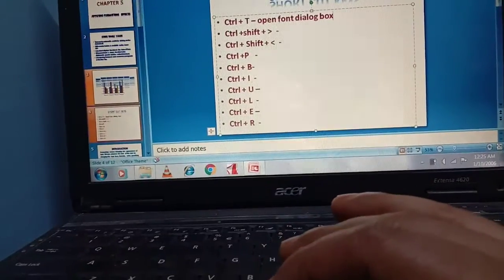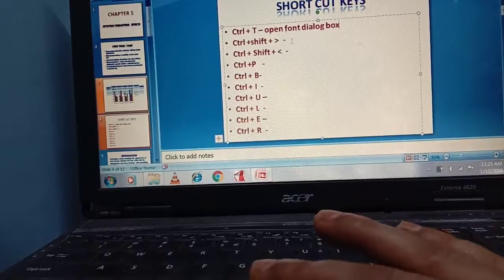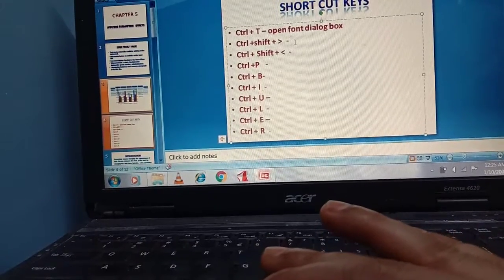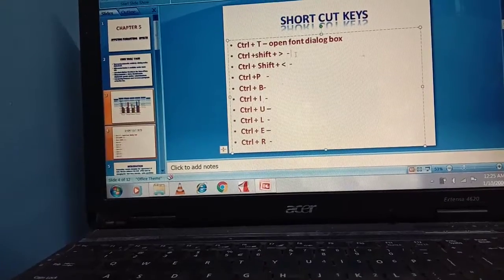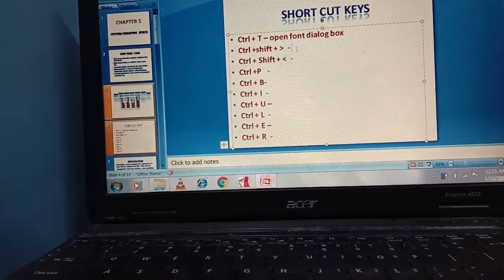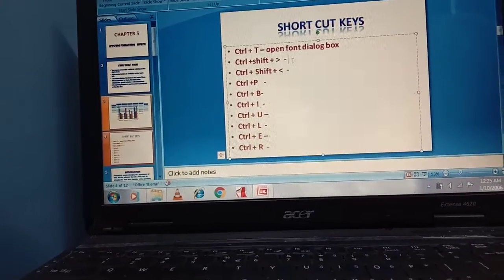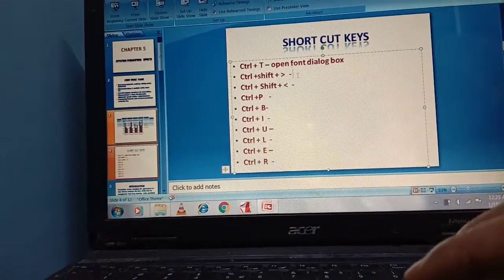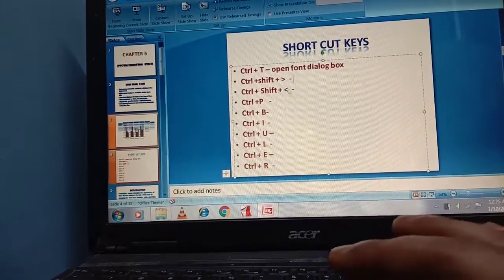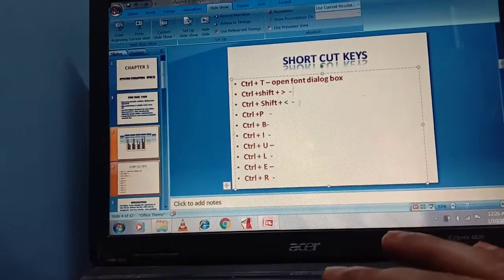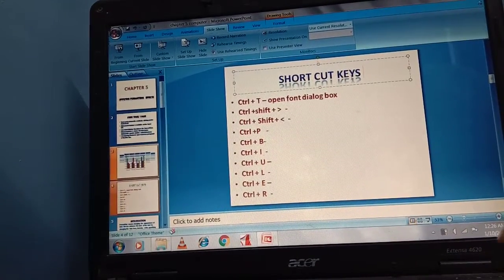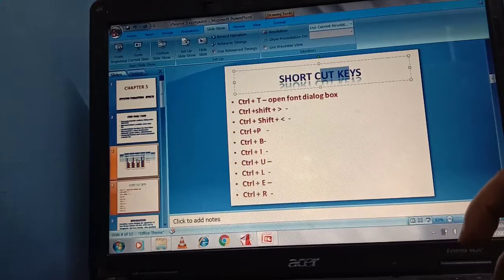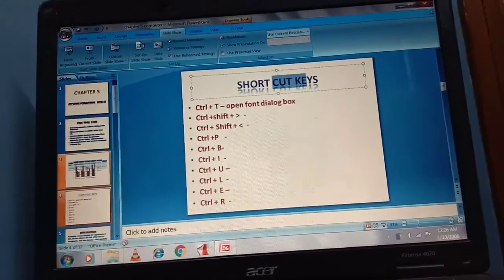Is it clear? Now the second is Control Shift and this arrow button. This is for increasing the size of the text, and this one is for decreasing the size of the text. For example, I have to select this. I'm selecting this much only.